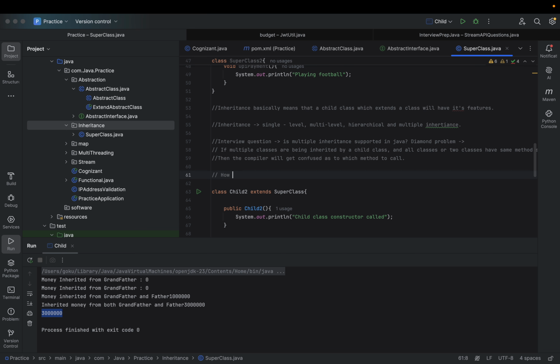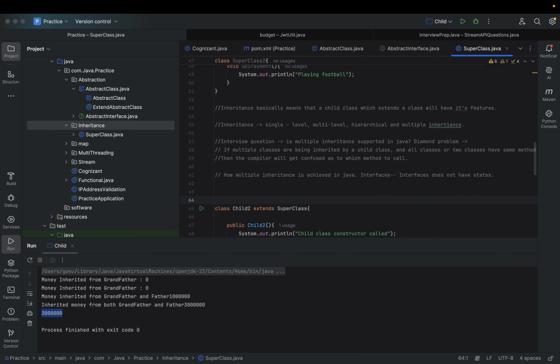Okay, so how is multiple inheritance achieved in Java? I talked about interfaces in the previous video, so yes, that's the answer. Interfaces. Why do interfaces not have states? Okay, so let's just say